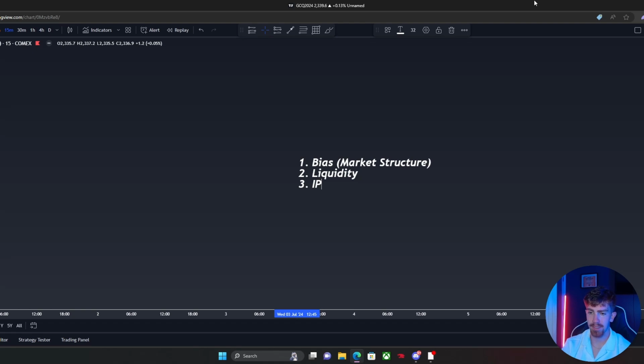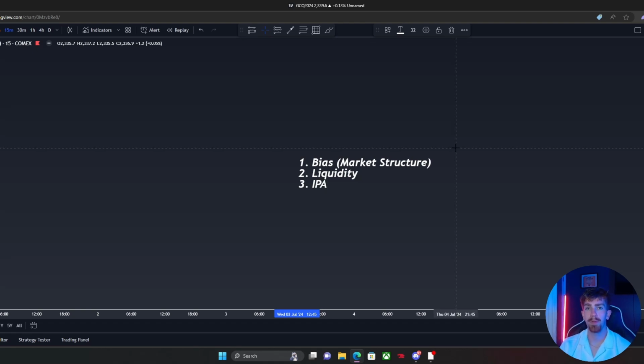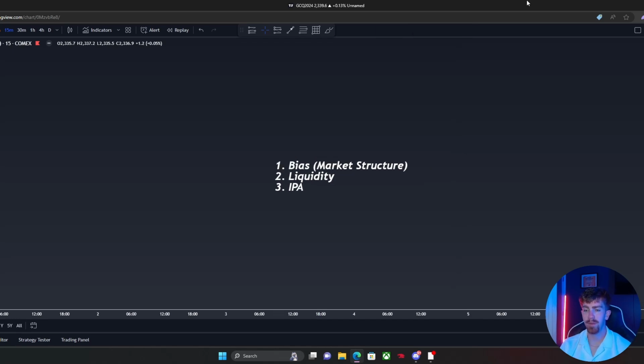And number 3 is imbalance, or IPA, FVG, whatever you want to call it. Now, we must have imbalance on our zone that we are trying to mitigate off. If we do not have imbalance, it is pretty much invalid. And that is one of my major confluences that I use. So now that we have the big 3, let's step onto the actual charts